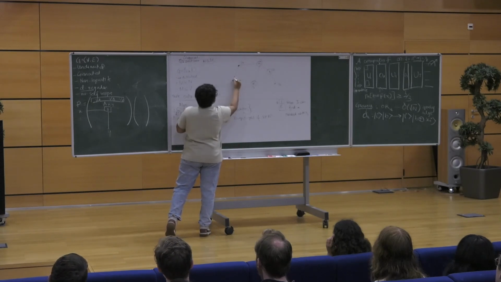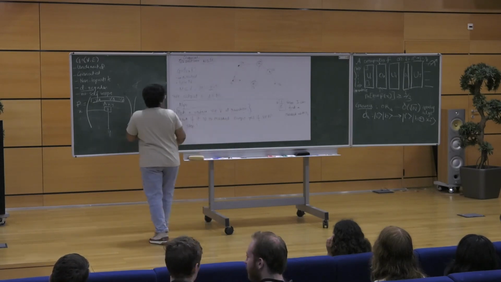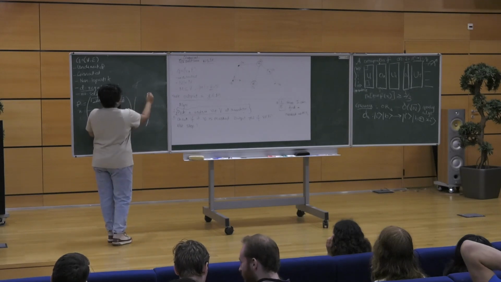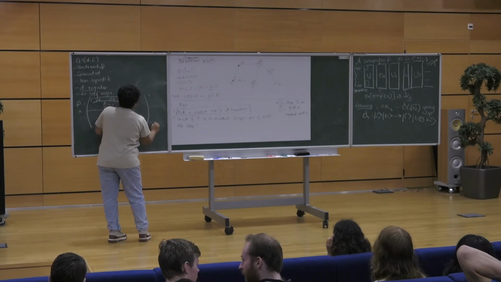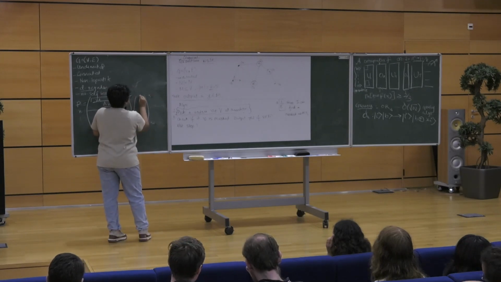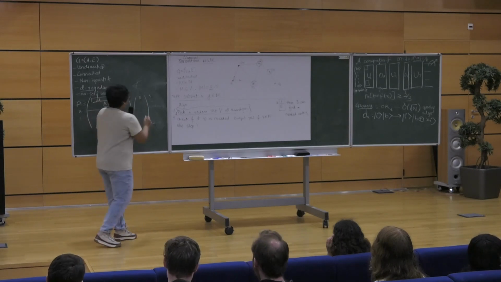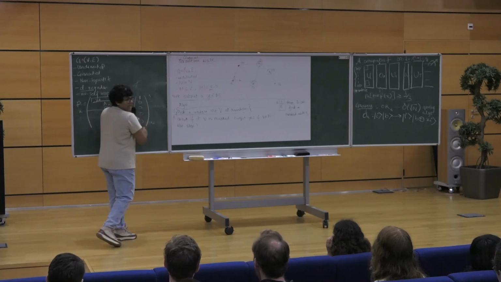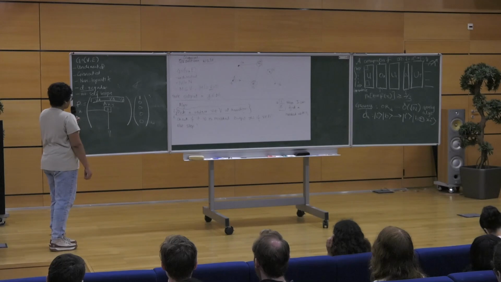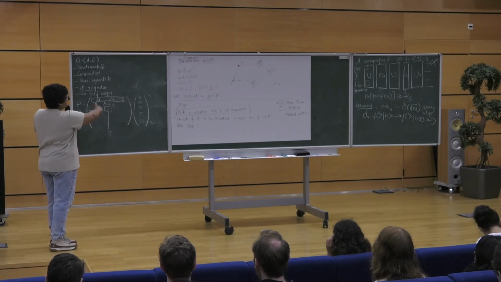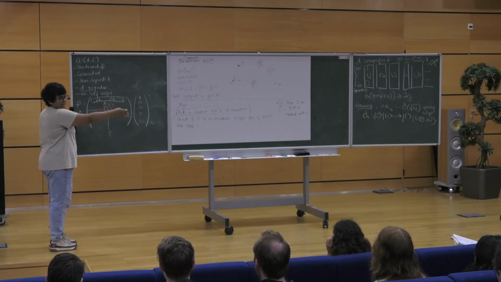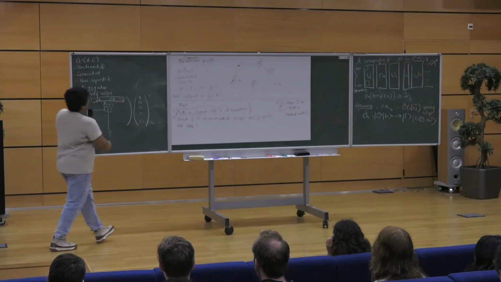Let me call this the start vertex, V1, and say my vertices are labeled V1 up to Vn. Now my initial distribution is going to be 1 at V1, and 0 everywhere else. Now if you just compute P times this V, using matrix multiplication,